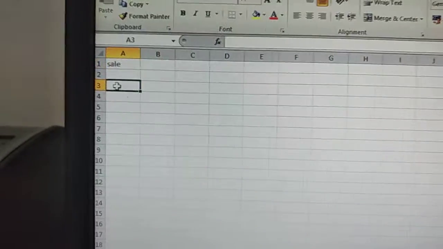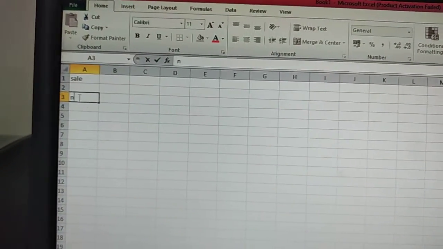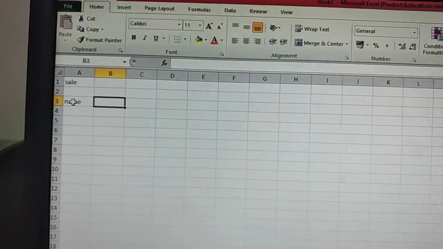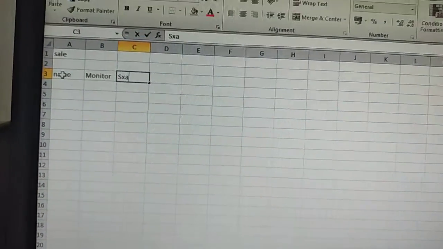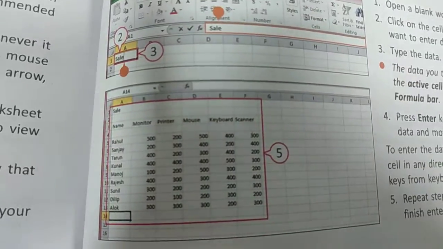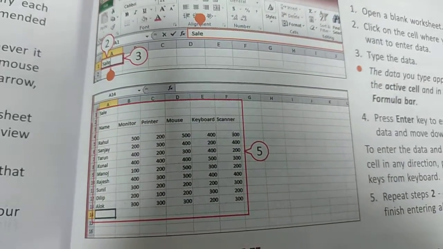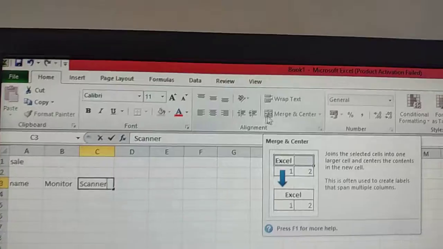I'm going to write over here sale, then name, its monitor, its scanner. So in this way you can write with the help of the keyboard. So students, you have to make this sheet in Microsoft Excel.